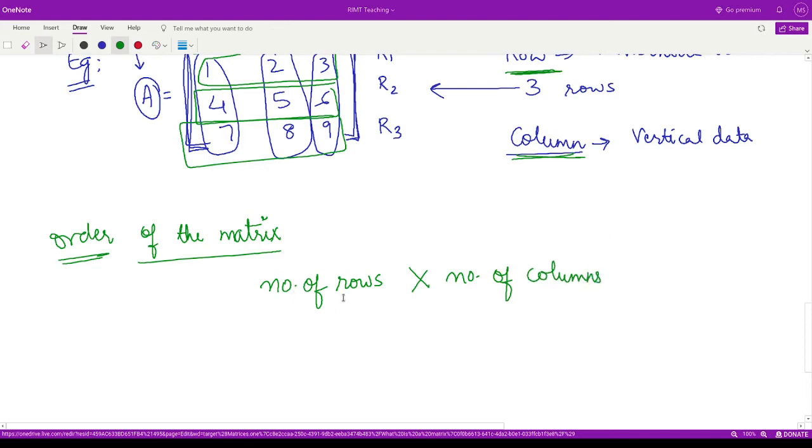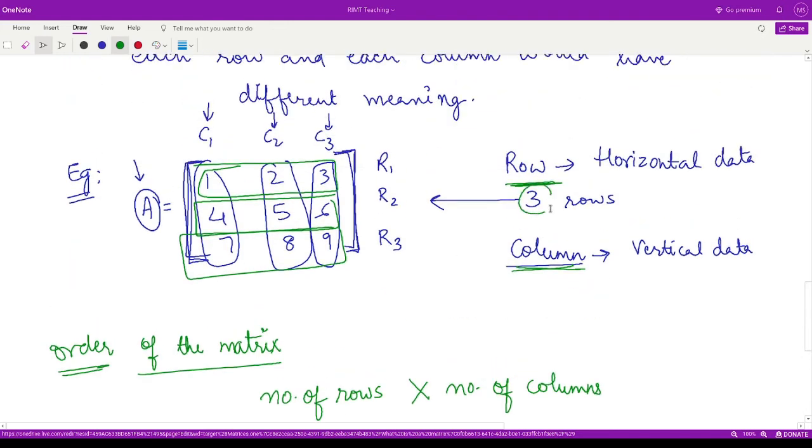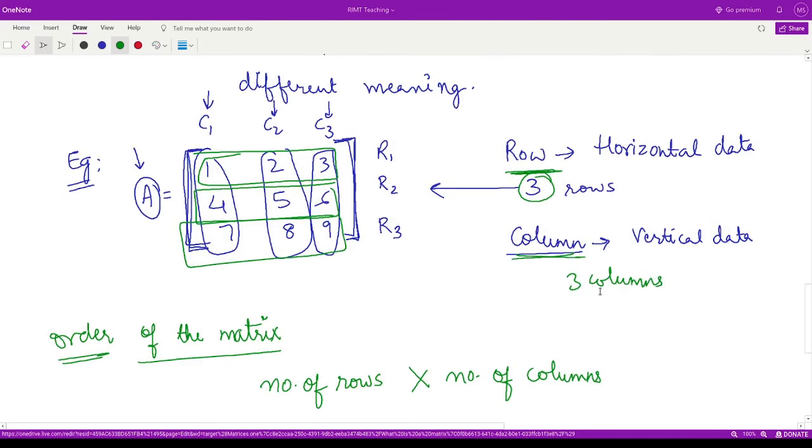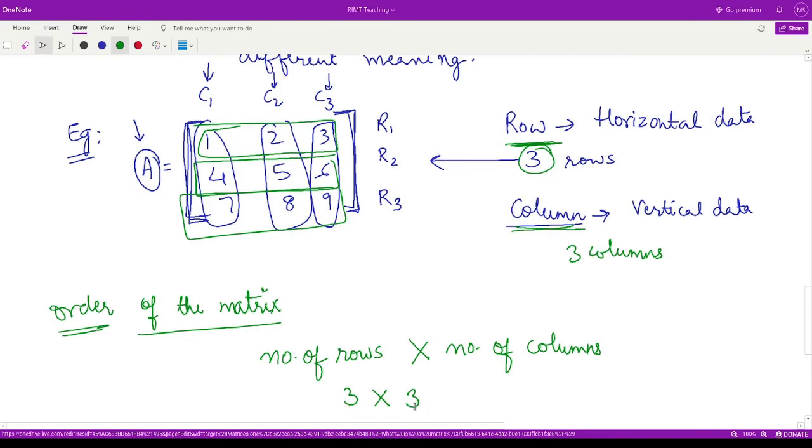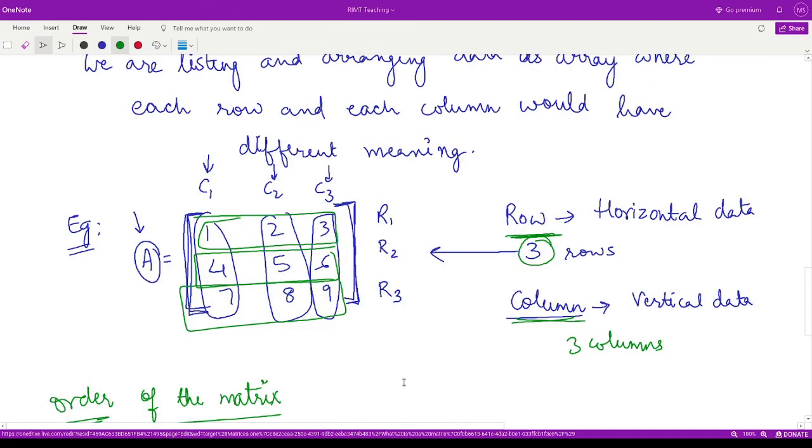In this case, because we have in total 3 rows and 3 columns, we put the number of rows as 3, then the symbol of cross, that means times, and the number of columns is again 3. So the order in this case is 3 cross 3. That means we have 3 rows and 3 columns. So this is the information.